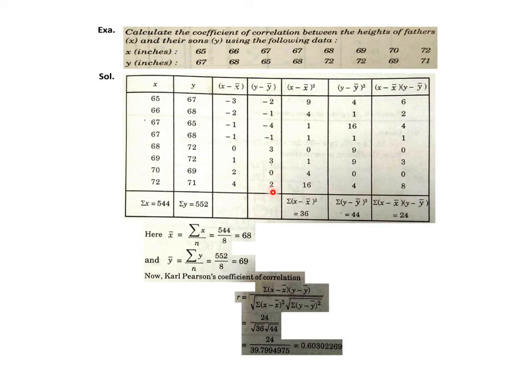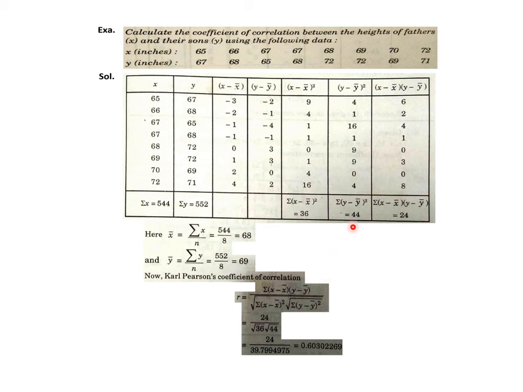But we need other columns as per the requirement of that formula. So we square these two columns immediately. The x minus x bar whole square is minus 3 square 9, minus 2 square 4, then squares of the other values, and then y minus y bar is also squared in that column: minus 2 square 4, minus 1 square 1, minus 4 square 16, etc. And then we add these two columns, x minus x bar whole square and y minus y bar whole square. So we obtained sigma (x minus x bar) whole square, which we need in the square root, and sigma (y minus y bar) whole square, which we need in that square root.